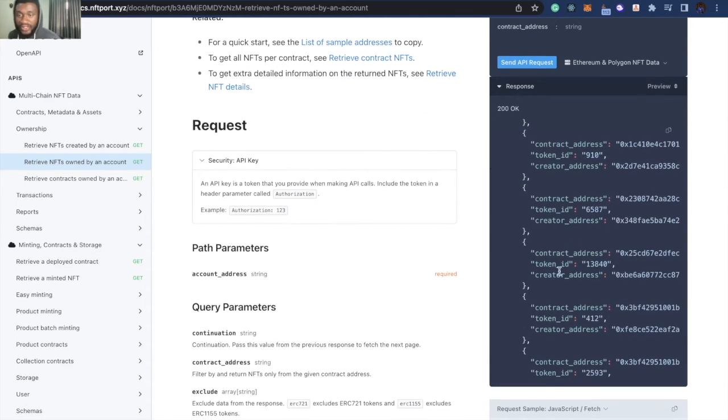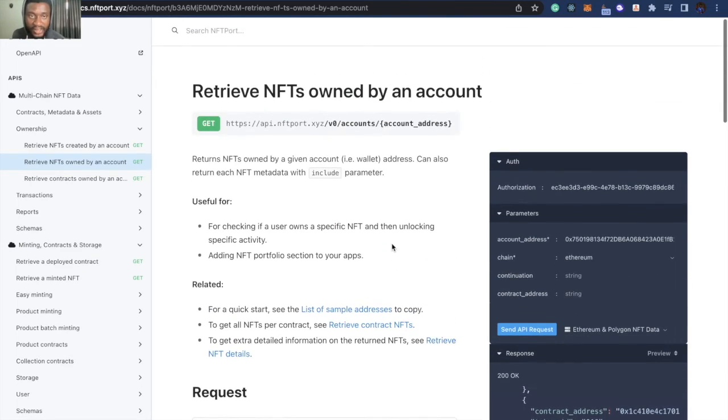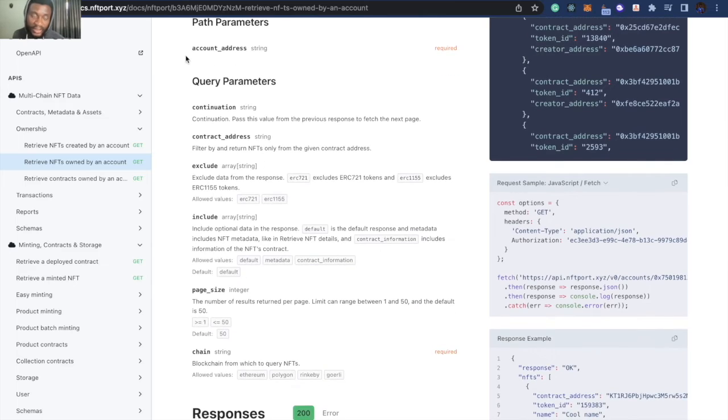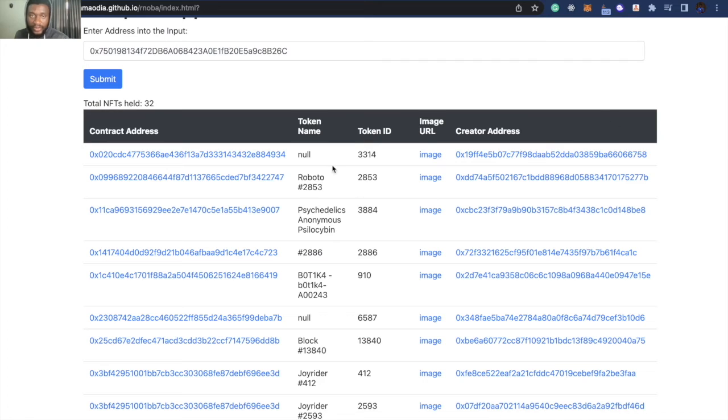So if you look at the response that we receive here, it only gives us the contract address, the token ID, and the creator address, because this is the base request. But for this endpoint, NFTPort has a particular tag called the include tag, which you can add to the query parameters, right? And then when you pass in include, you can pass in metadata to be returned as part of the responses that you want fetched back, right? That is the fetch request here. You can see that this particular tag just stops at Ethereum, but does not have the include tag. But over here in our response,